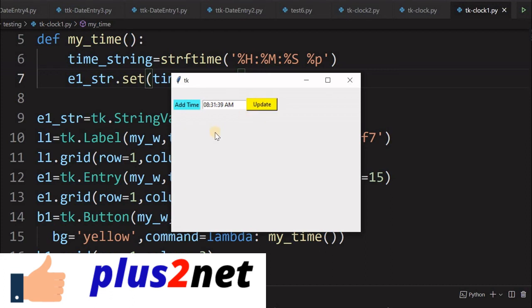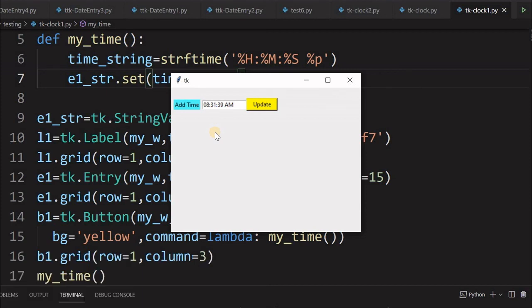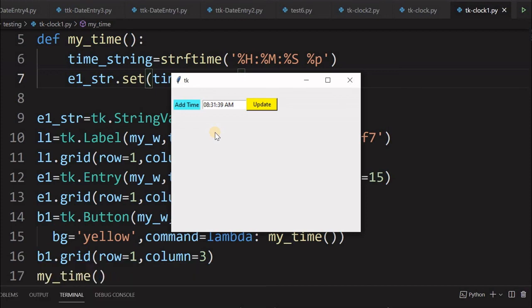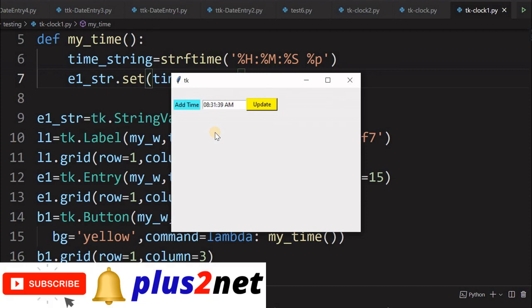You can similarly use this to push it to a database or anything you want to be a part of, or you can hide this also, or you can make it disabled also. It will only display the time, but you will not be able to change it. You can add those features to that. And that's all. Next we'll move to calendar and some other stuff.